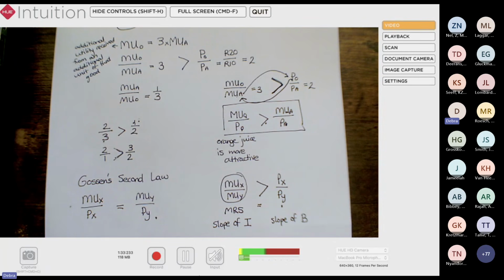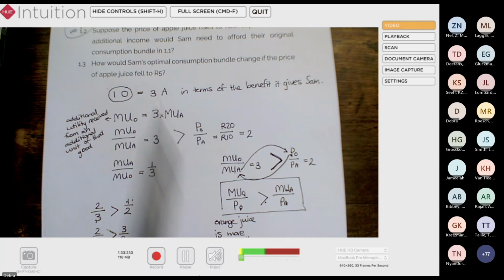Ms. Volatia asks, could we still get marks if instead of using the notation, we just calculated the total we'd spend on each and then just deduced from there that since consuming 1 OJ is 20 and 3 AJ is 30, we would only consume OJ because it's cheaper? So I would not approach it this way. And the reason why I wouldn't approach this question by simply looking at the prices is because,